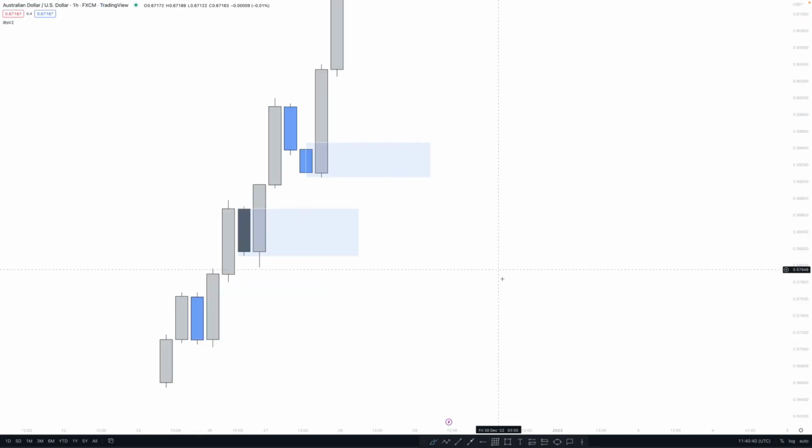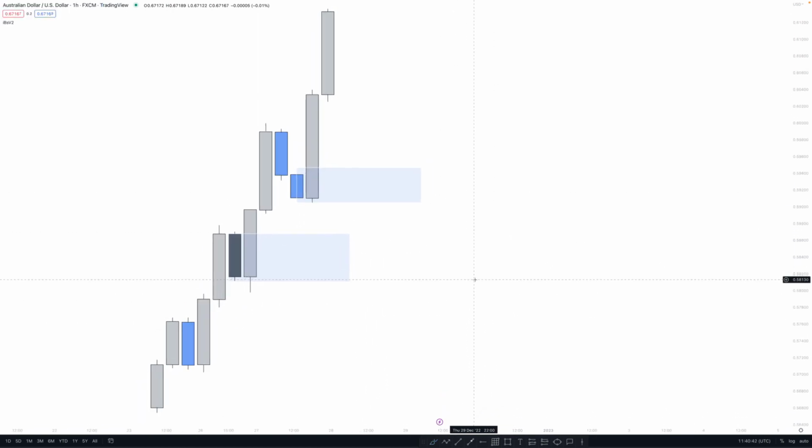Okay guys, I know it's a little bit confusing, it's a little bit difficult, but I promise you, that's only at the beginning. As you start backtesting, as you start marking higher highs and lows and your order blocks, everything is just going to click like this. So just give yourself the time, you're going to get it. And again, wait until we start backtesting a little bit together, watching a couple of videos, finishing the course, everything's going to be clean and clear for you.